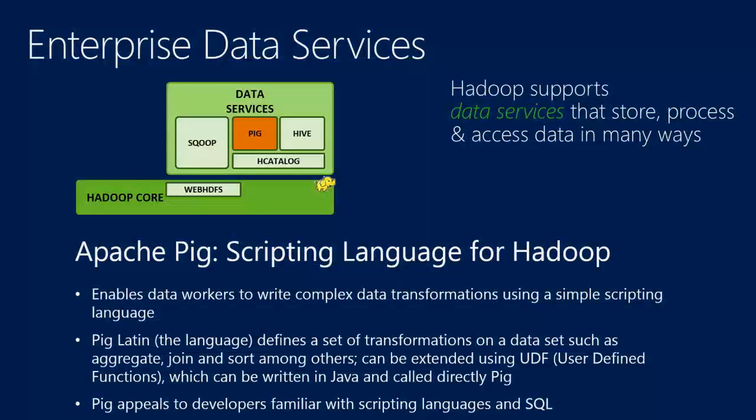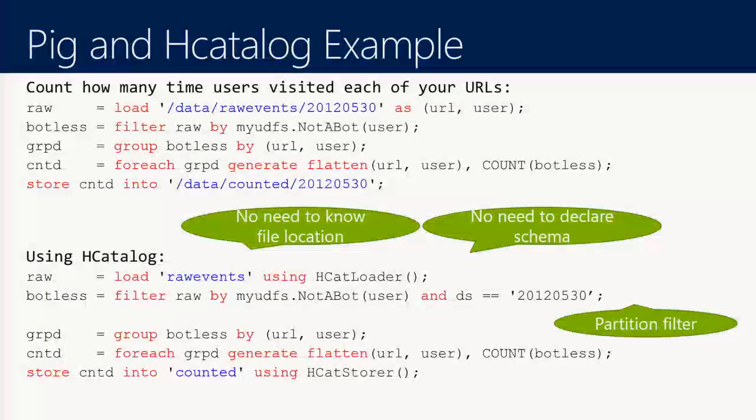Pig is another option that you have to write queries on top of data in Hadoop. So you have Hive, which is SQL-like. Pig is more of a scripting language that lets you do things like, I'll show you an example actually. Load data, create groups of it, do filters, group the data set and drop certain columns, do flattens, do hash maps, do more funky and cool things as a developer with the data. And you can define custom functions as well that you can apply.